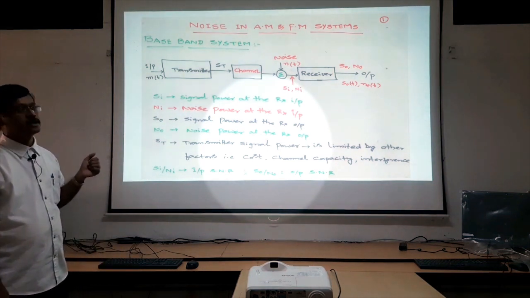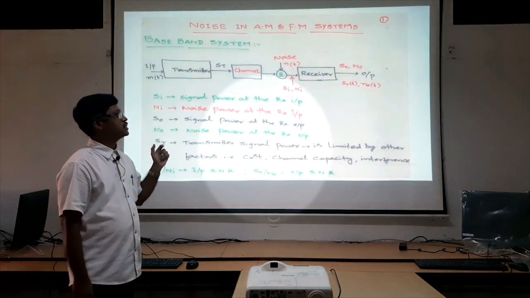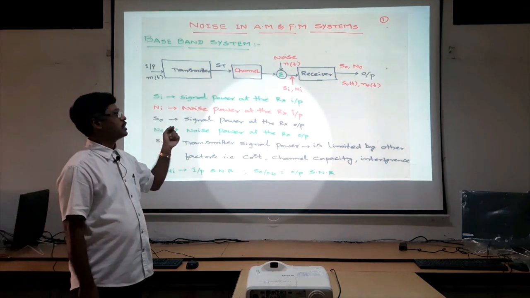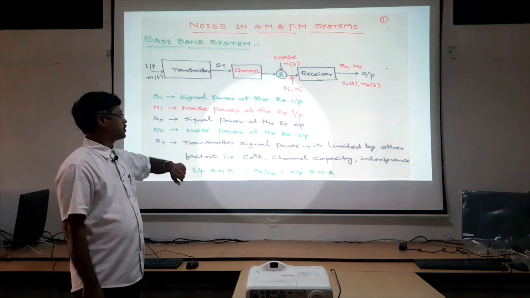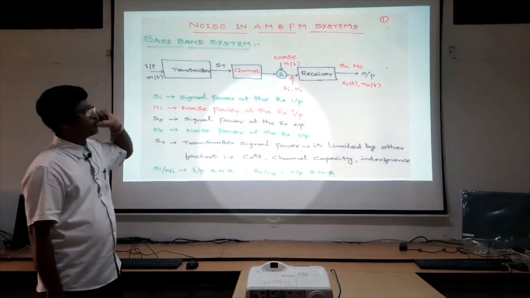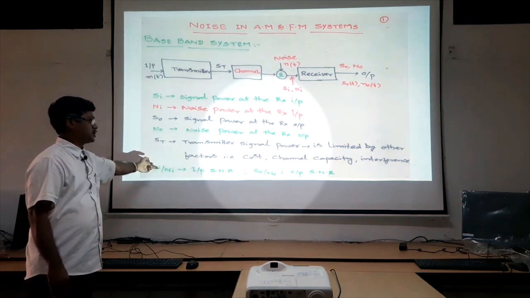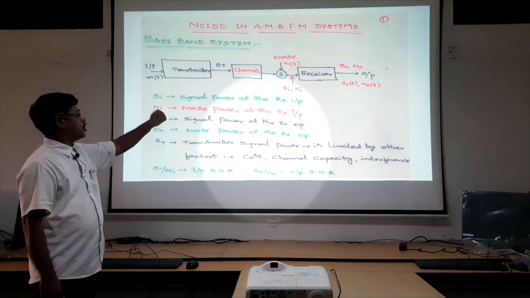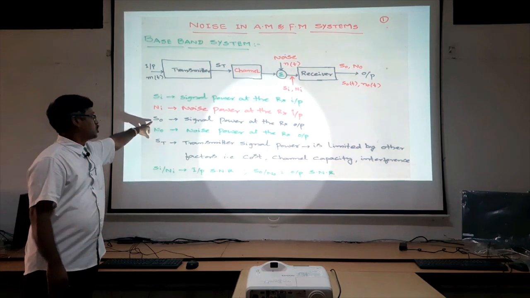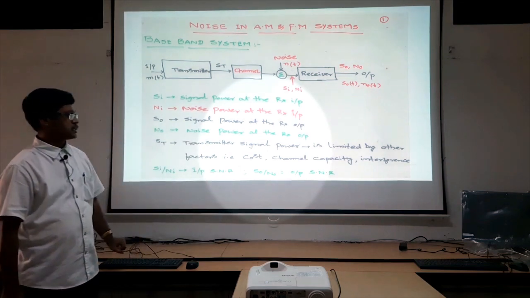So let us focus on the signal to noise ratio calculation for baseband systems. Actually, what we need to determine the signal to noise ratio is the input signal and input noise as well as the output signal and output noise. From the input signal and noise contents we can determine the input signal power as well as the input noise power. From these we can find the input signal to noise ratio, that is Si by Ni. Whereas from the output signal and noise components So of t and No of t, we can determine the output signal power and output noise power. Later we shall find the output signal to noise ratio as So and No.